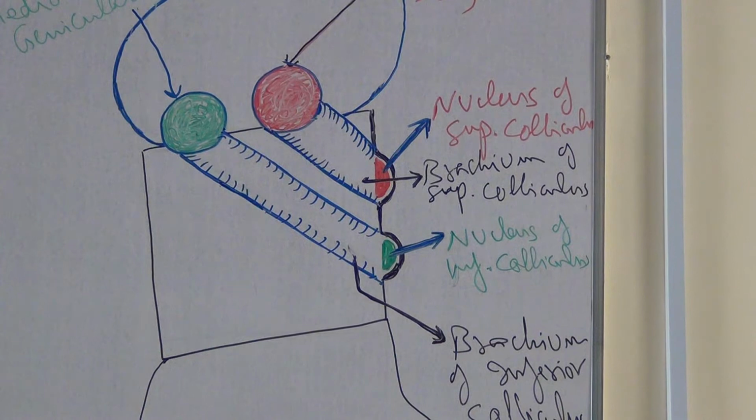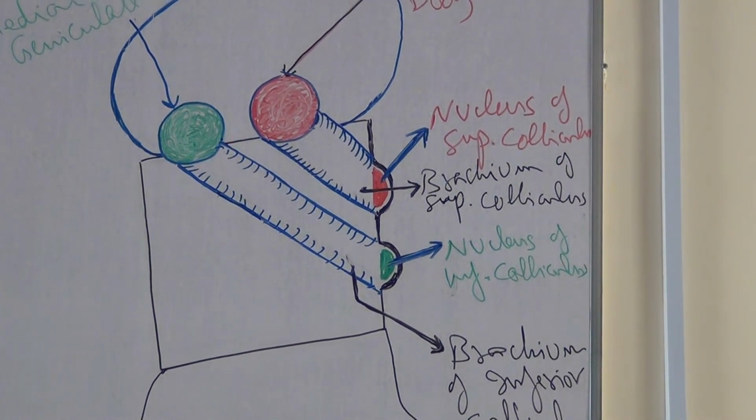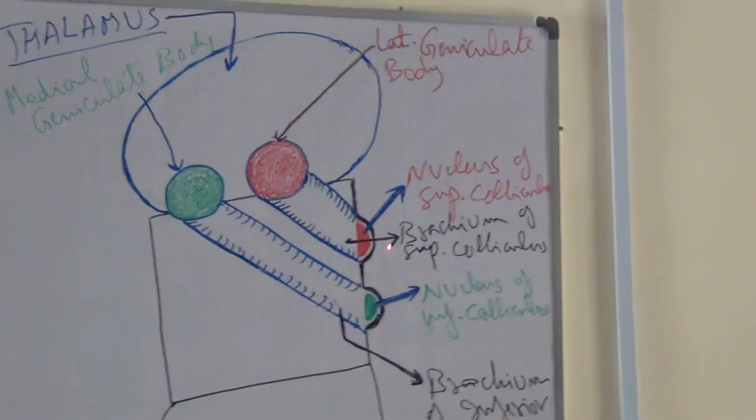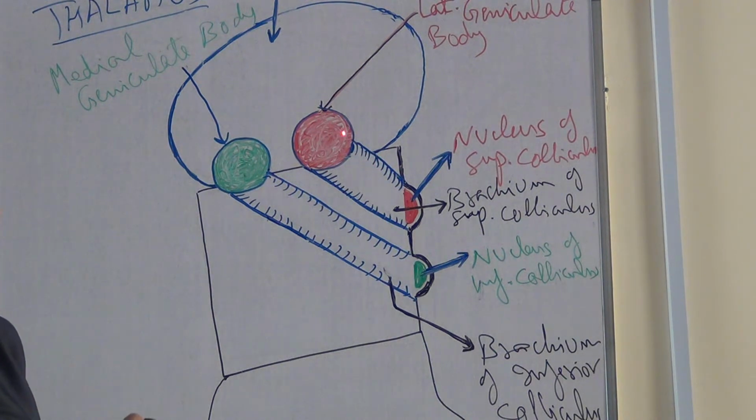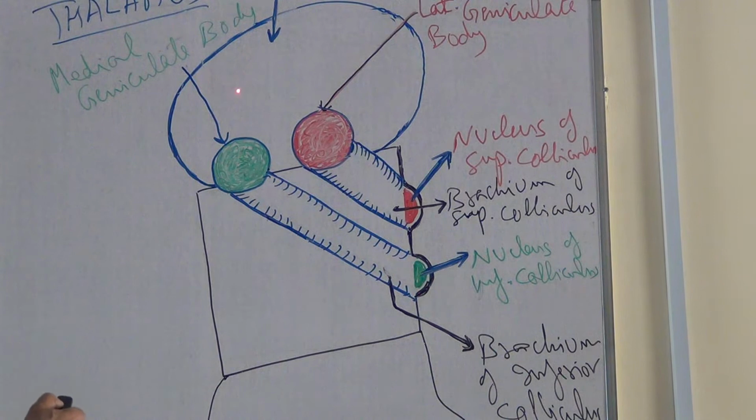So on the upper part of the lateral aspect of the midbrain, there are some external features. This is the superior colliculus, and a rounded elevation extends upwards and forwards on the upper part of the lateral surface of the midbrain and reaches up to the geniculate body of the thalamus. Similarly, below that is the inferior colliculus and an elevation extends forwards and upwards on the upper part of the lateral surface of the midbrain below and parallel to the brachium of the superior colliculus. This is known as the brachium of the inferior colliculus and reaches up to the medial geniculate body of the thalamus.